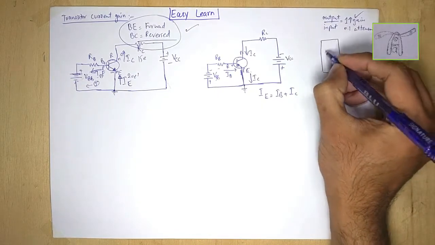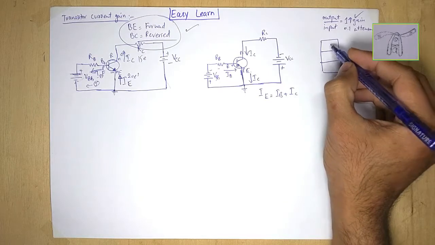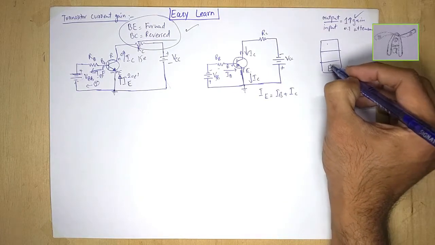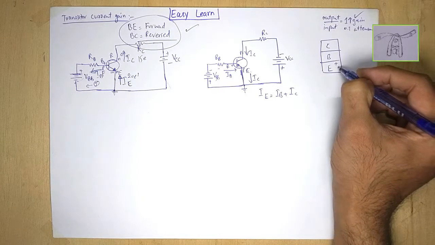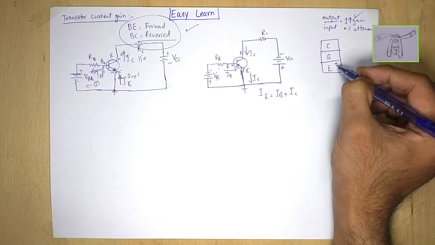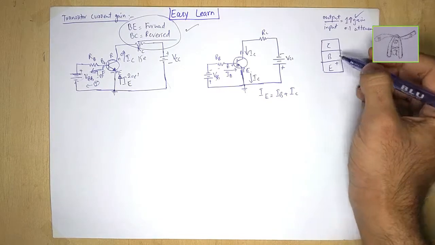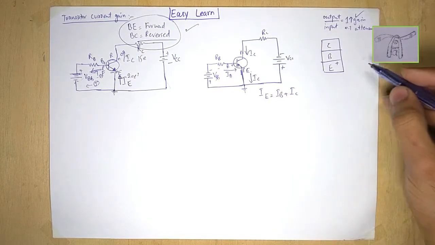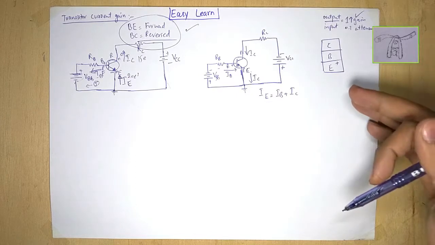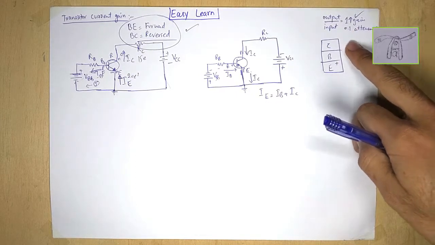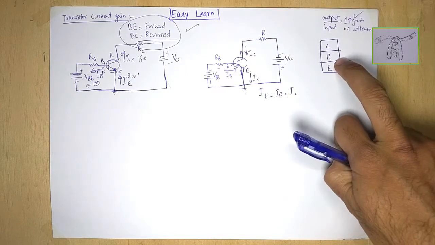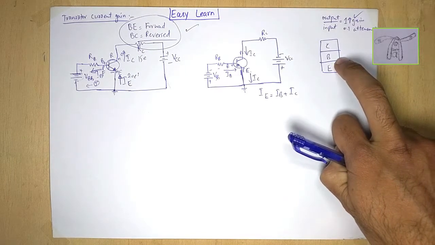Another representation in some books is this: emitter, base and collector, with a positive sign at the emitter. This positive sign also shows that the emitter has a higher concentration of electrons. In some books they write that the emitter is heavily doped, the collector is moderately doped and the base region is lightly doped. The second important thing to note over here is